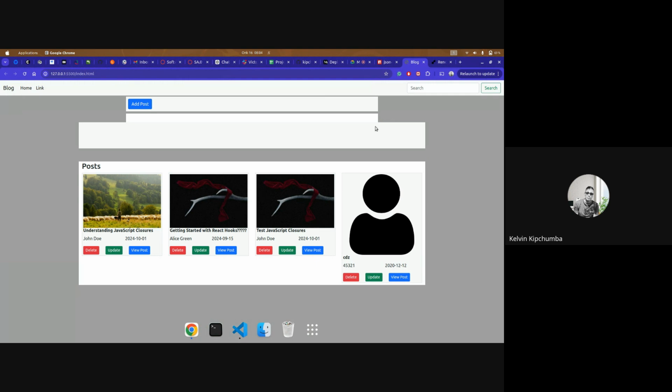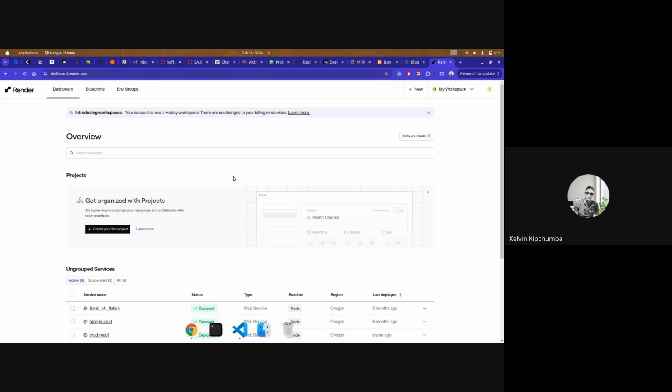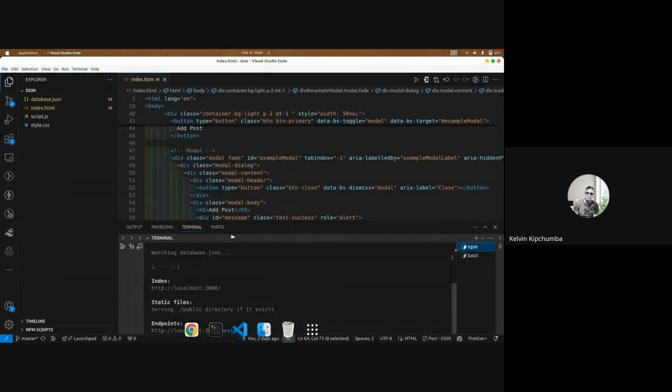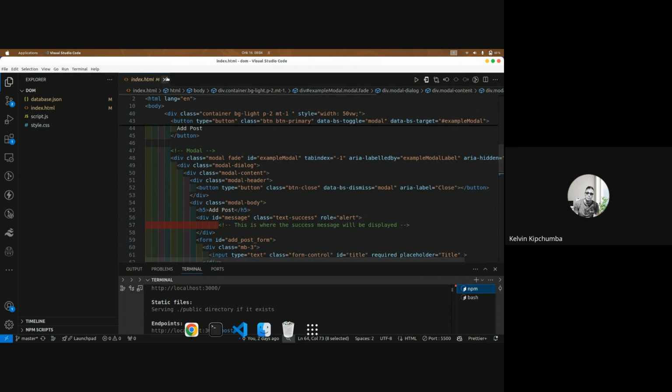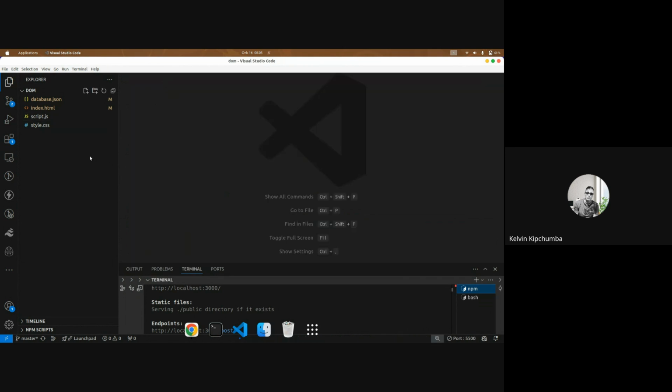First of all, you need to have a Render account. If you don't have it, go to render.com, sign up, and then sign in. The first step is to ensure that your application is ready to be deployed to Render. So what you need to do is create a folder